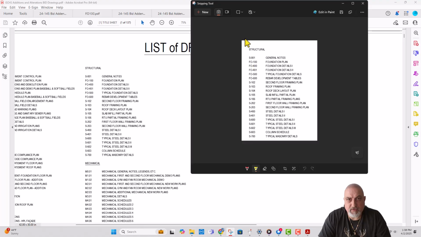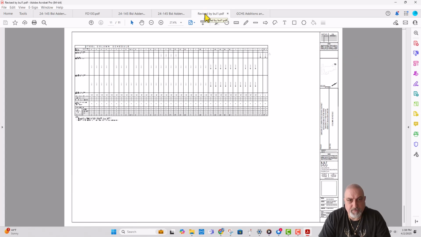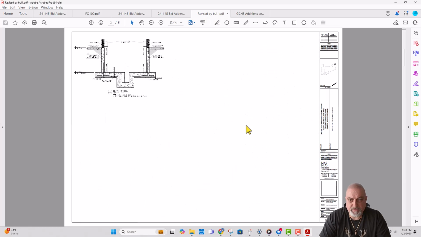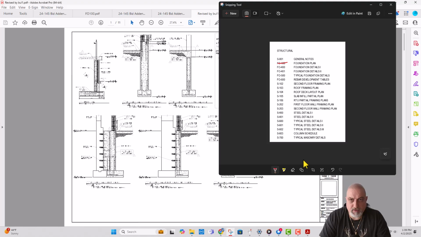So we just downloaded F4100 for addendum 3. I know that. I crossed that out. And what else do we have here? All the structure drawings. Let's see. Come on, go to top. Okay, F400,